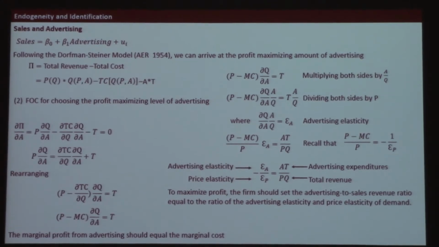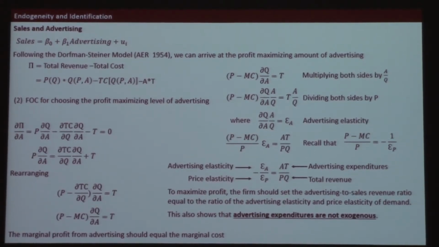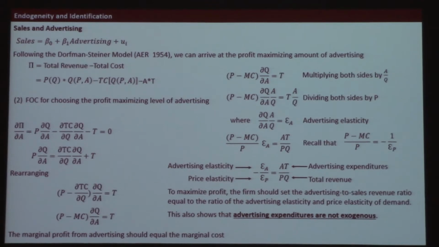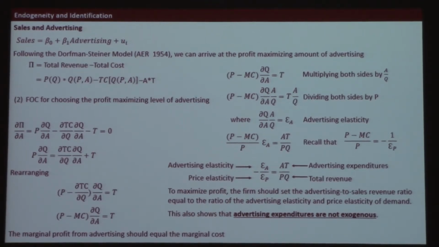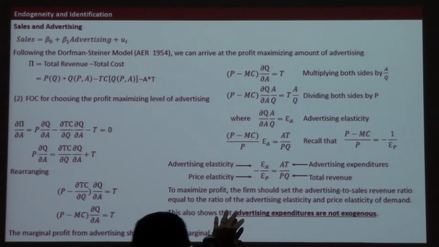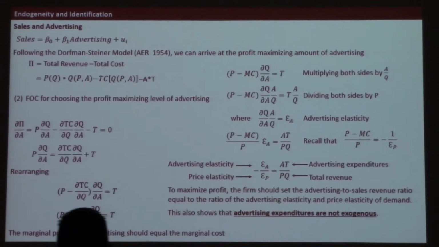What all this means is that advertising really isn't exogenous. For firms that are following an optimal advertising rule, it means they're going to consistently advertise, and the expenditures on advertising are going to be some consistent percentage of sales. And we can see that by just rearranging this. So if we take that,